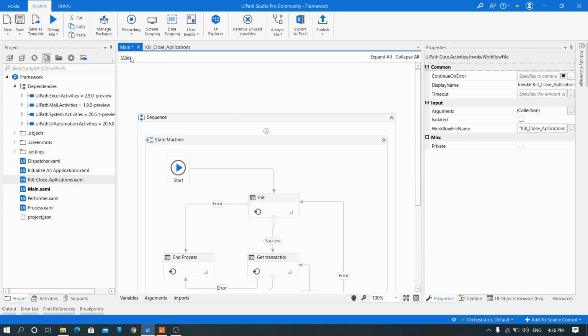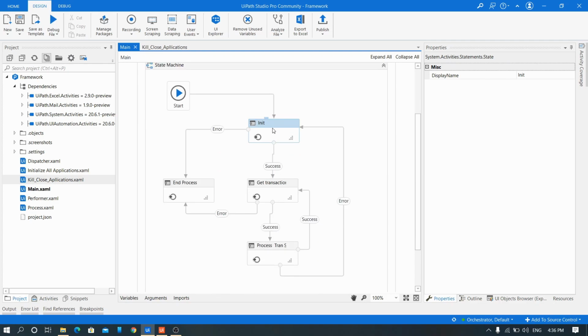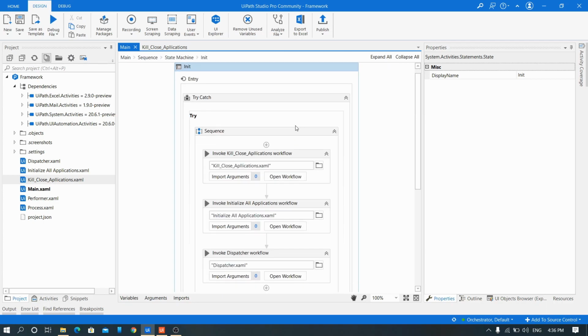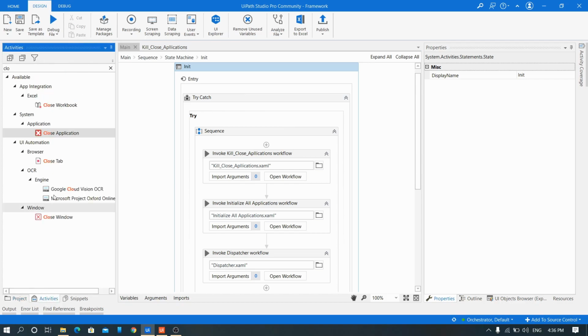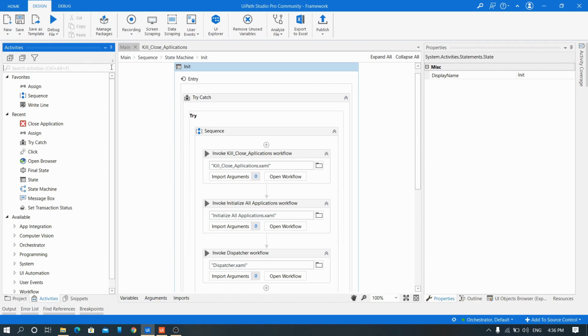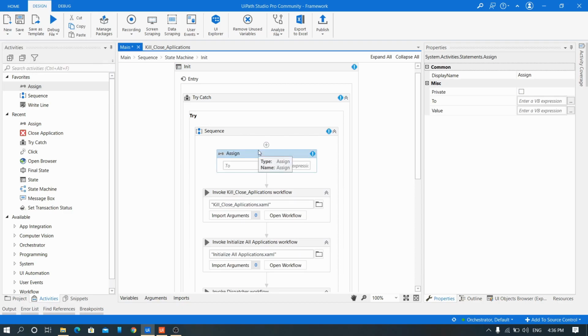And if you remember, we had constantly setting a flag to true, false, true, false, true, false. What we'll do in the initial state, while the flag is initially declared, we will set the flag to false.